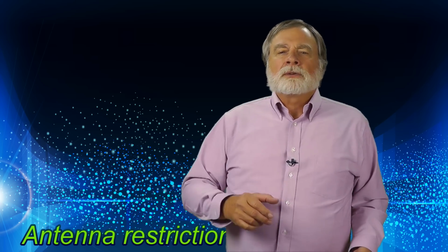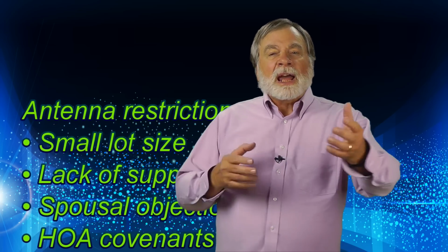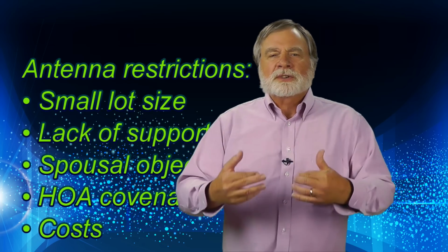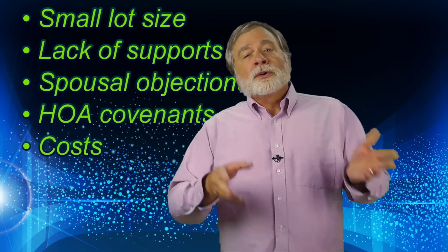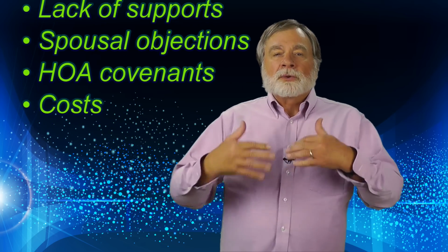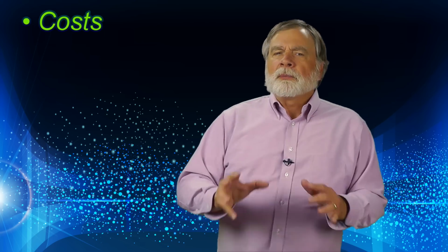Every amateur encounters restrictions of some sort. The size of your lot restricts the space available. A lack of trees or other tall structures might create height restrictions. And your spouse or your homeowners association might create visibility restrictions. Each of these can be addressed with a compromise antenna of some sort. Let's look at options and what problems they can address. These are by no means all the possibilities, and sometimes getting on the air is a case of ingenuity and